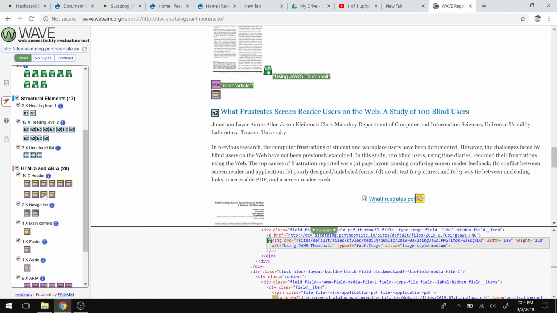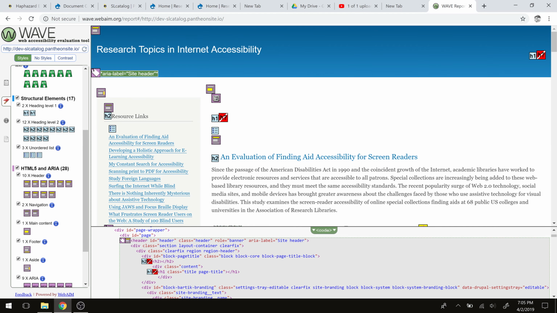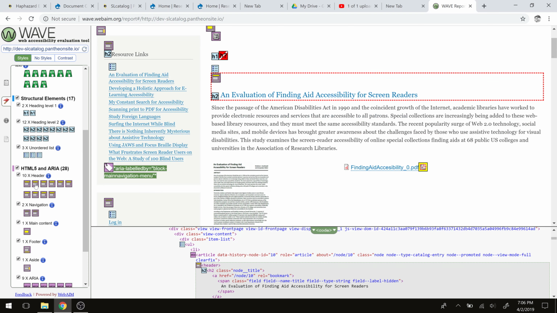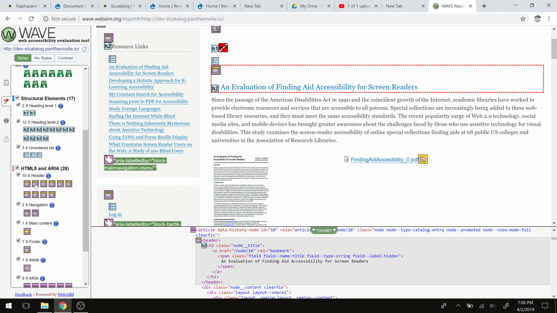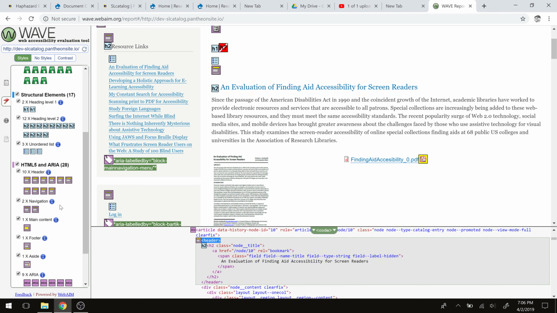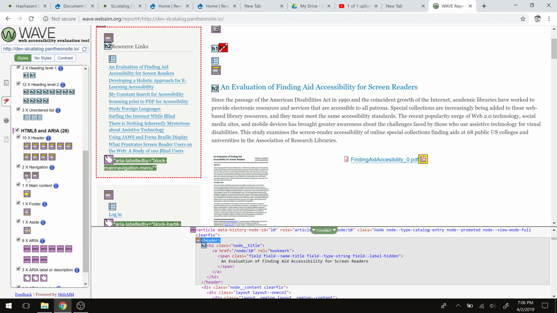I want to just poke at this area for a second. ARIA. So we've got a label, site header, so that gives us some context. When JAWS hits this, it'll say that this is the site header. And then this H2 here has a little HTML5 class or identifier of header down here. So basically it says it for me right here. I've got 10 header instances, and that's the main header plus the 9 articles. Then we've got 2 navigation instances,